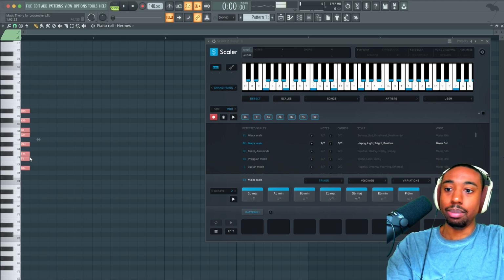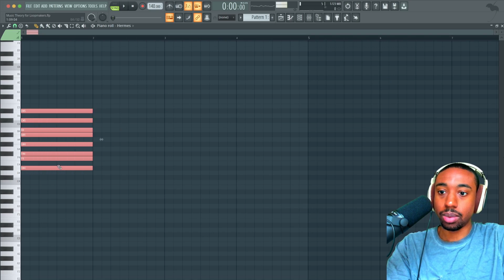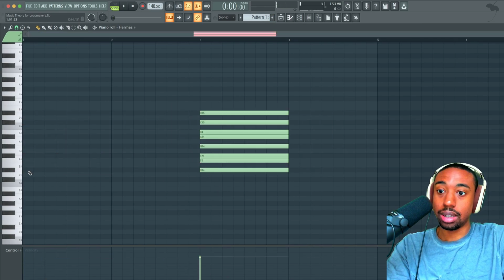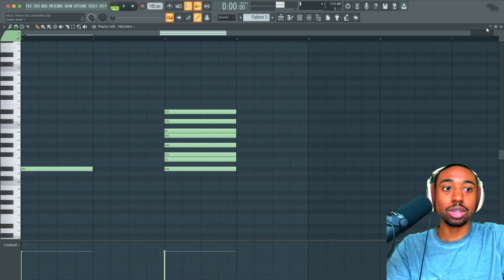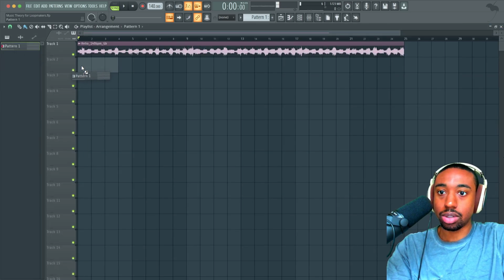Now we can add music over top of this loop. So we're going to drag this to the right, just as a reference. I like to keep it here as a reference. Okay. Now, as long as we use these notes, they're going to sound good over top of this melody. So let's drag this in.